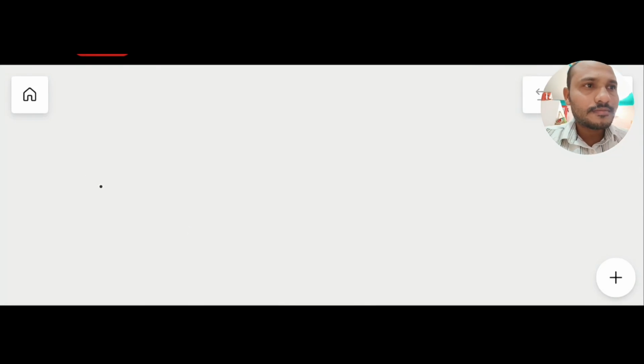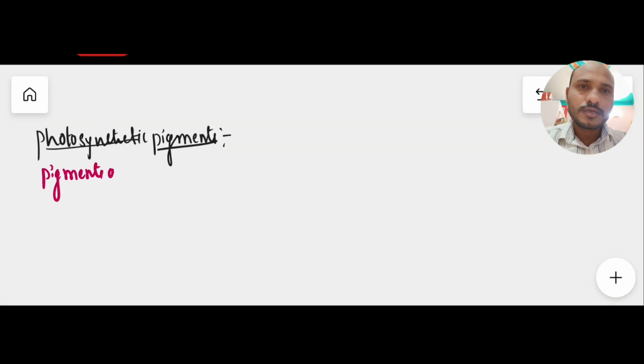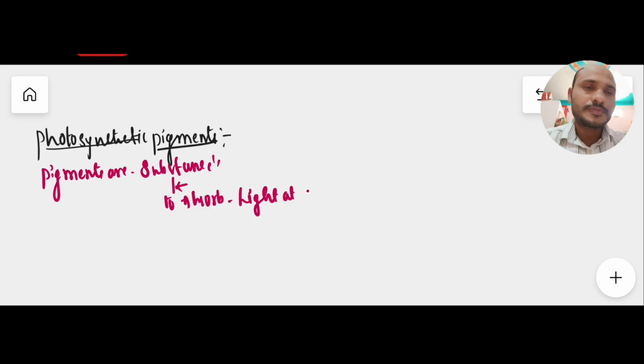Good morning. So today's topic is photosynthetic pigments. Pigments are substances that have the ability to absorb light at specific wavelengths. So in the photosynthesis process, several pigments are involved, and